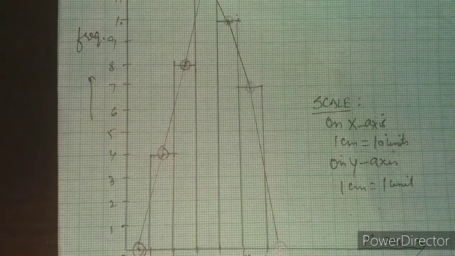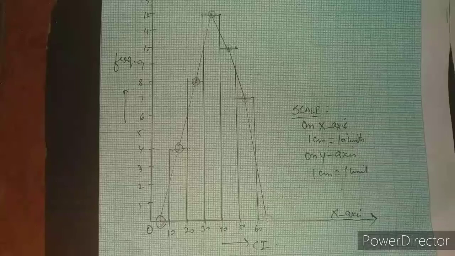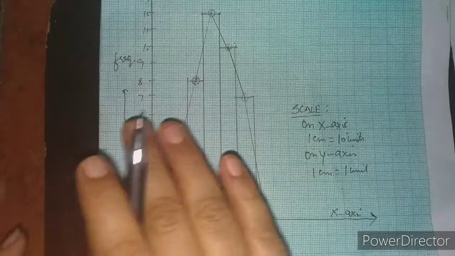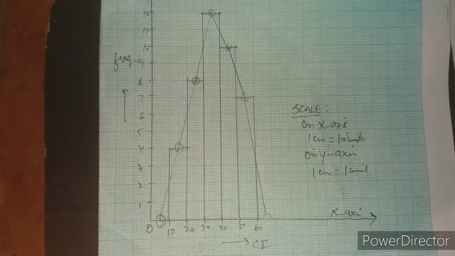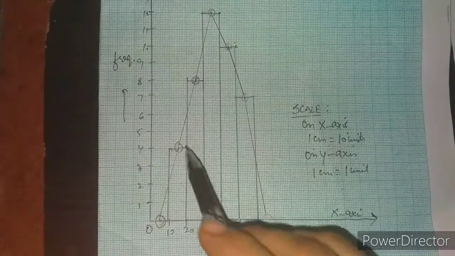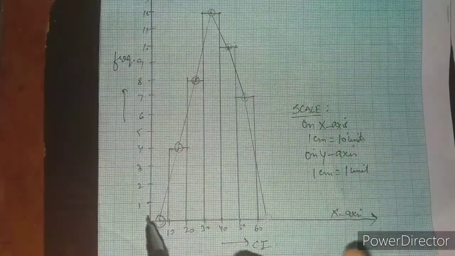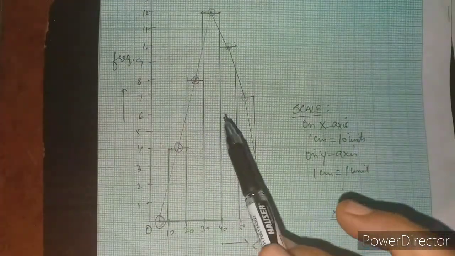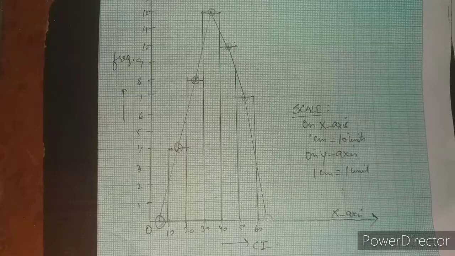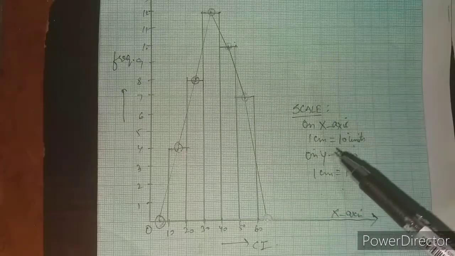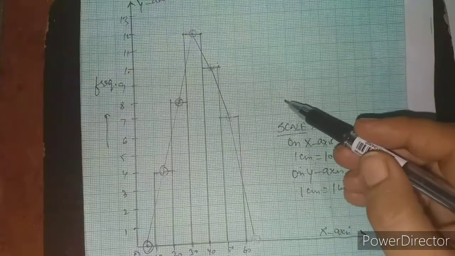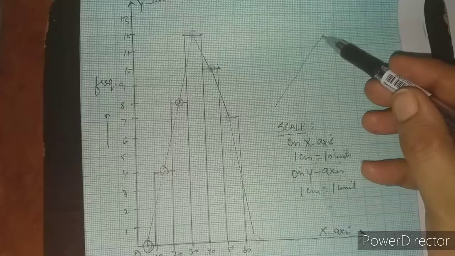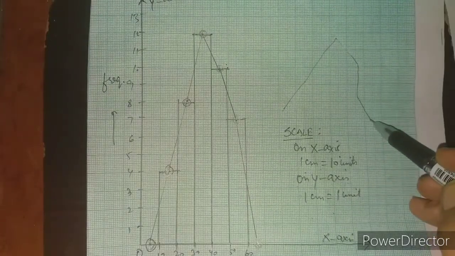Now see, this is called drawing a frequency polygon using histogram. In the background you can see a histogram, and on the top of the histogram, by simply joining the midpoints of each horizontal line of that rectangle, we have got a frequency polygon. Now if I remove these rectangles, if I remove the histogram, what will I be left with? In order to show you clearly what we will obtain here, a figure like this, right?